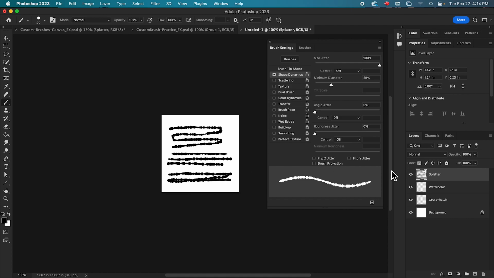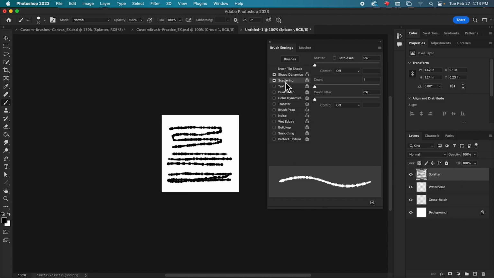All right, let's talk scattering. Scattering does what it says. It says here that we're going to set our scatter between 300 and 700%. I'm going to put mine at 550.